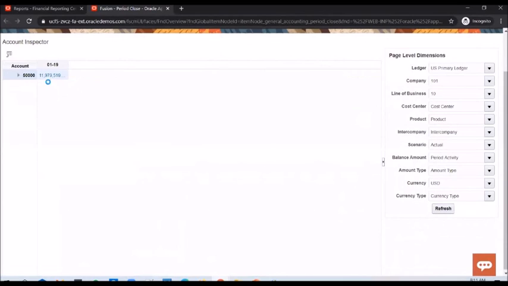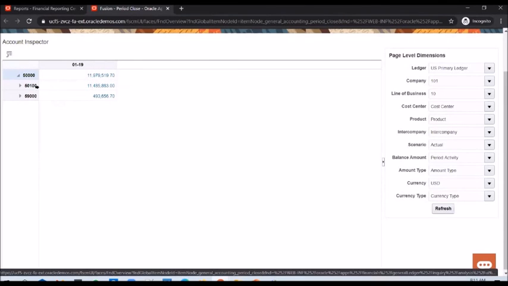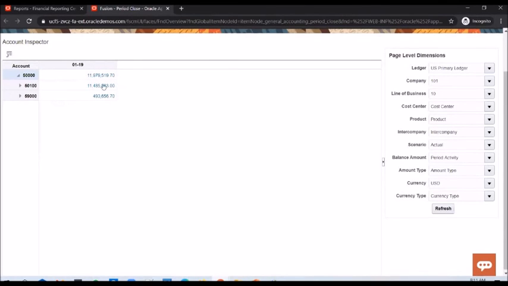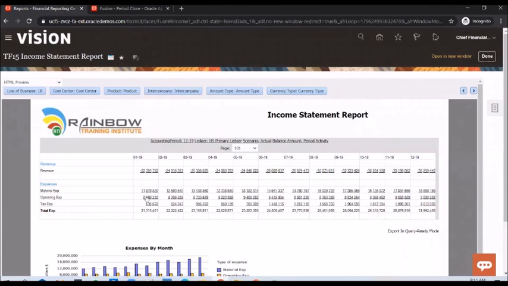so if you expand this, you see that the total balance is this. And out of this, 50,100 account number has contributed this much balance and 59,000 has contributed this much balance. So this way, you can easily figure out from which child accounts this balance has come from. And in a similar fashion, you can also figure out from which journals you have got this balance as well.